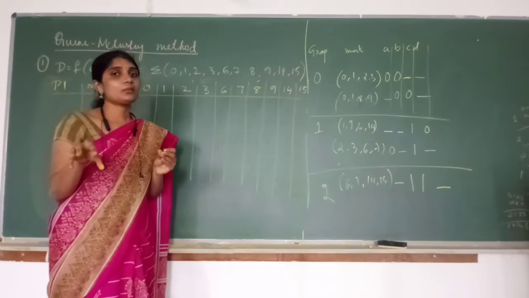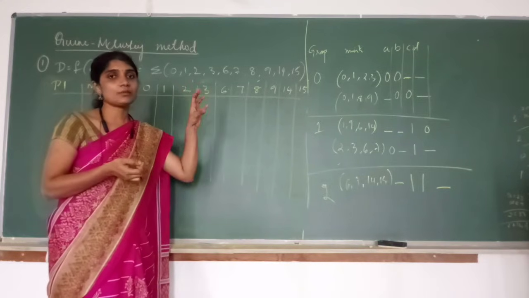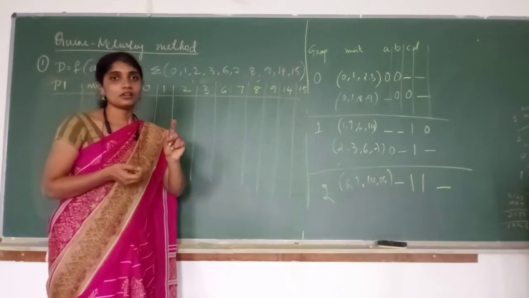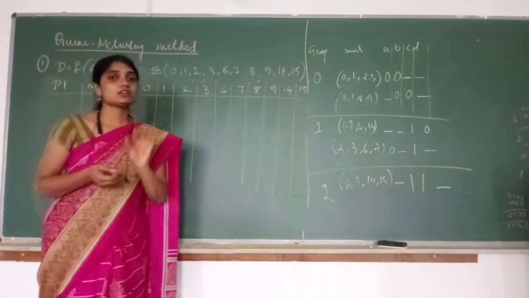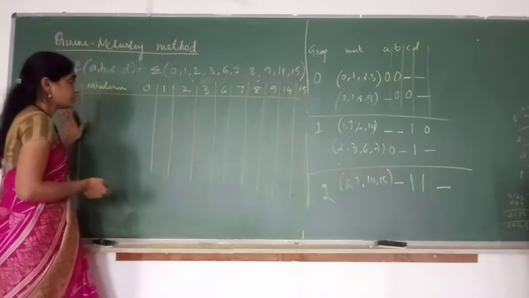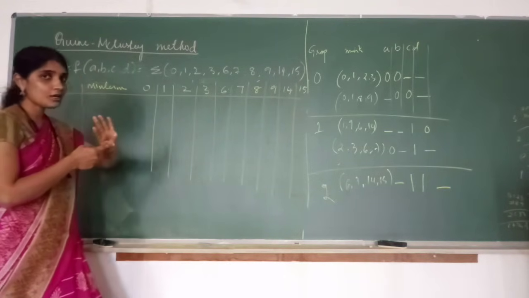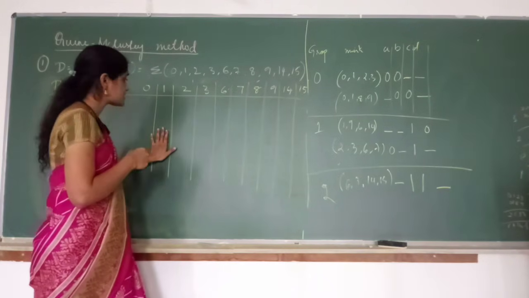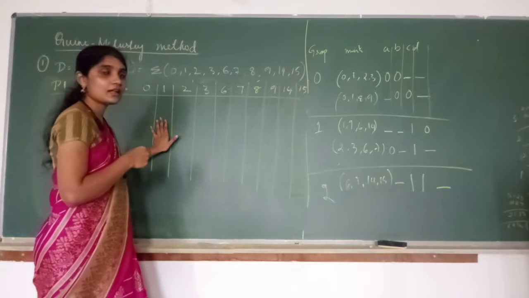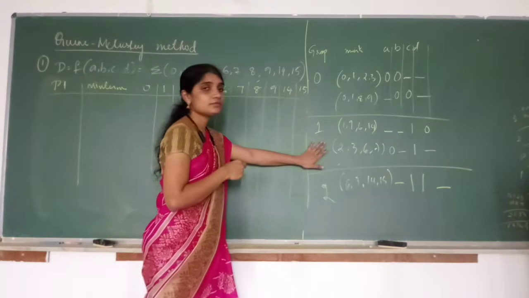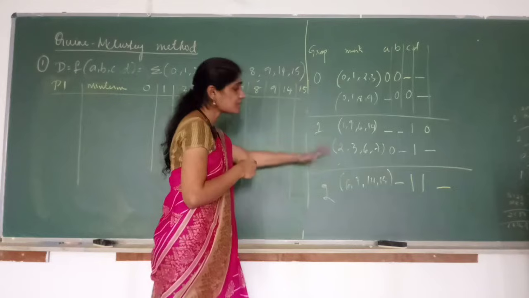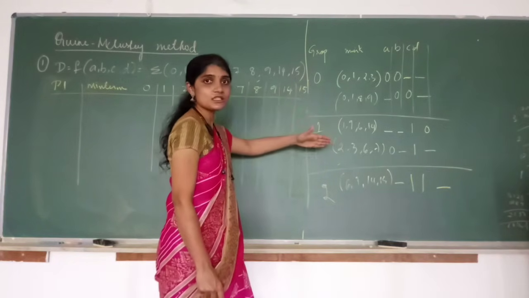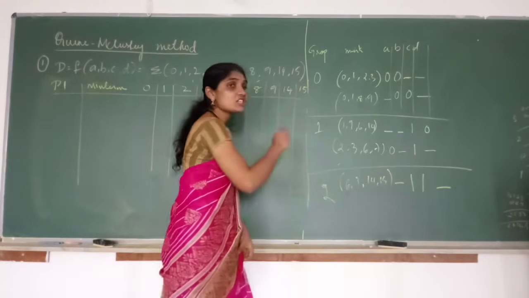To form the third table, you have used the min terms in the second table, right? Just check whether all the min terms are ticked or not. If any of the min terms is not checked, that means it is not grouped, and you have to write it here. So for this problem, in the second table all the terms are ticked. You can cross check. And in the third table, all the terms are ticked, right? And in this table, no min term is ticked. Have I ticked these min terms? No, right? So these are unchecked.